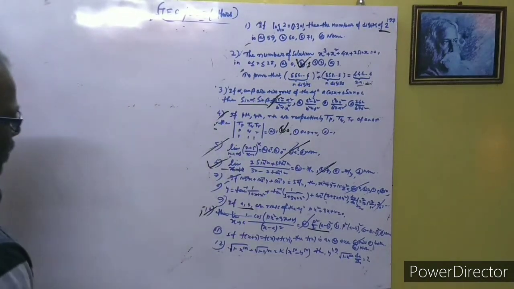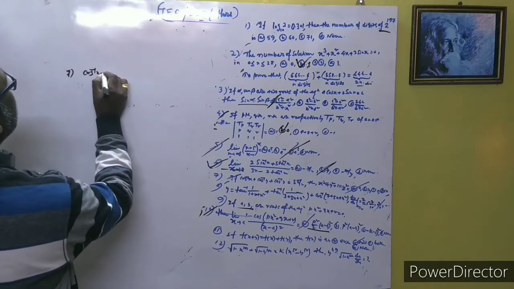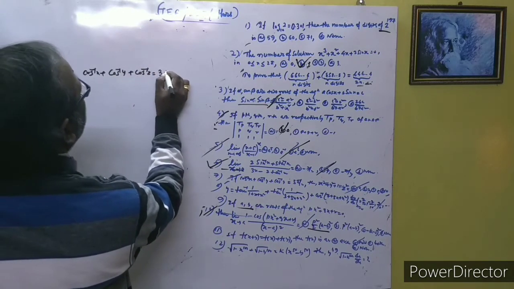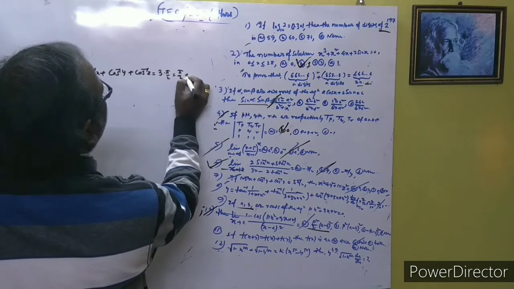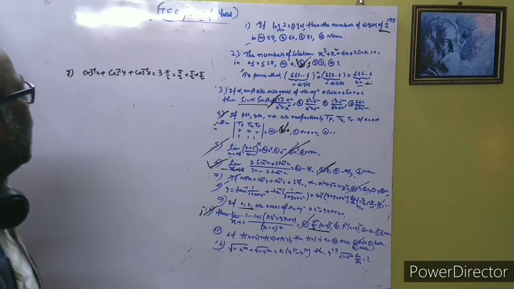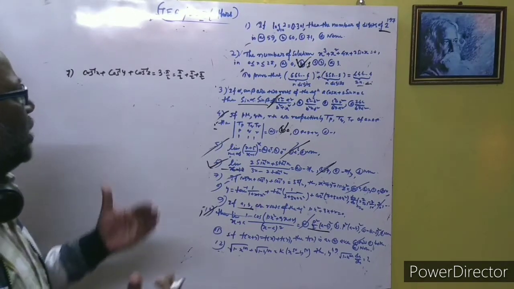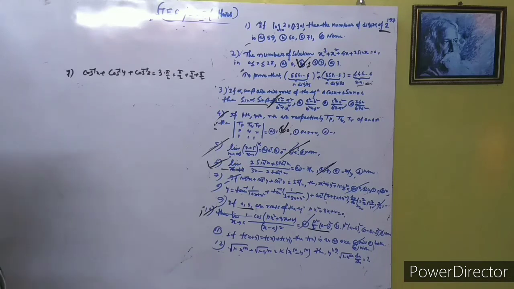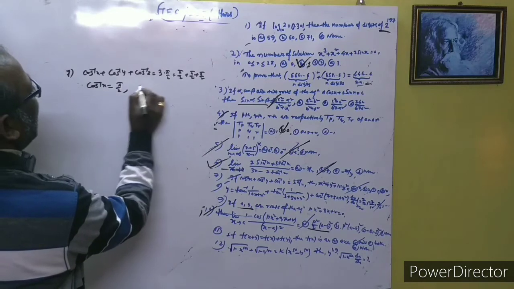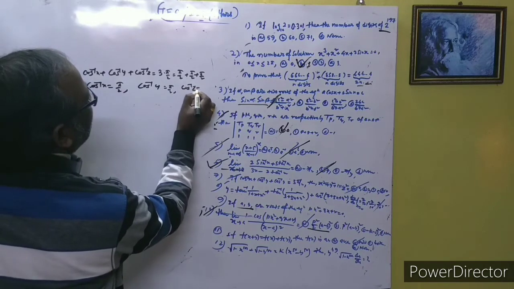This is another form, and you should always use logic here. See cos inverse x, cos inverse y and cos inverse z, and that is equal to 3 pi by 2, and 3 pi by 2 can be arranged like this: pi by 2, pi by 2, pi by 2. Why do we write it like this? You know the cos inverse of some value of x like these, each and every cos inverse has its extreme of the range as pi by 2. So you can write cos inverse x is equal to pi by 2, and again cos inverse y equal to pi by 2, and again cos inverse z is equal to pi by 2 here.